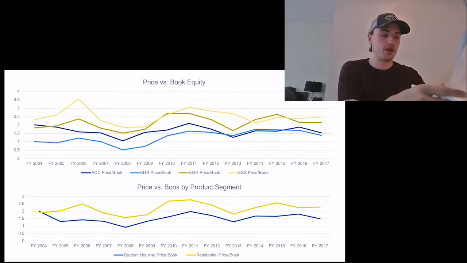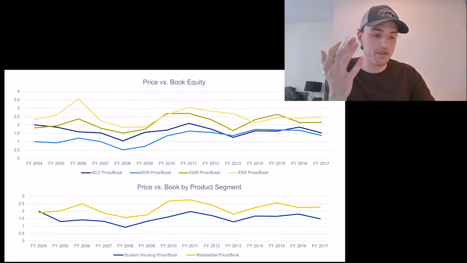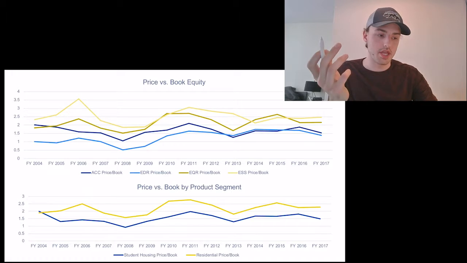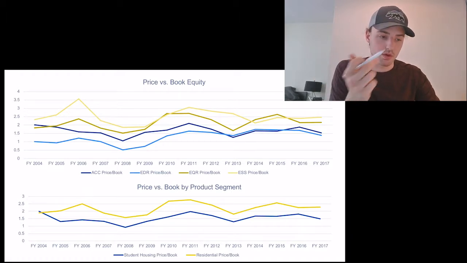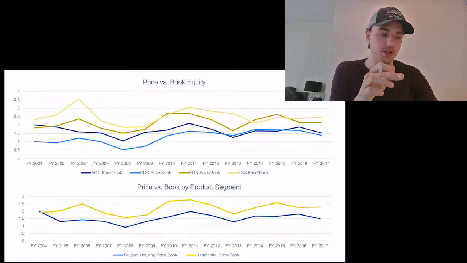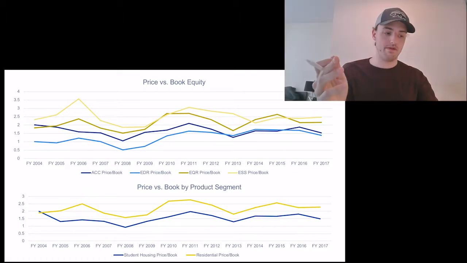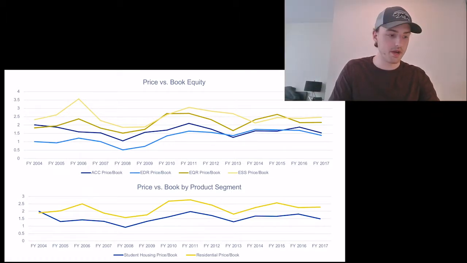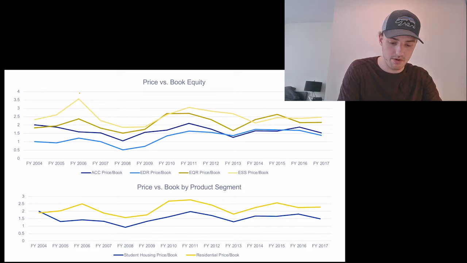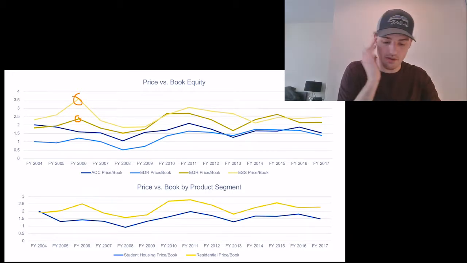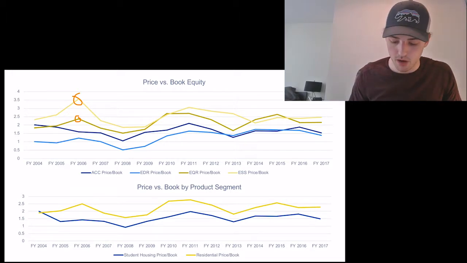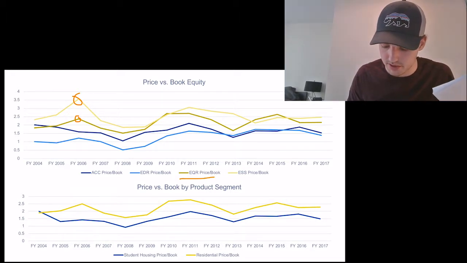So therefore, when looking at these numbers, they're quite revealing. Firstly, the shocking thing is that residential REITs were traded at a price to book ratio of 3.5 and 2.3 before the collapse. So 3.5 here, price to book ratio, and 2.3 price to book ratio right here for our two residential REITs,